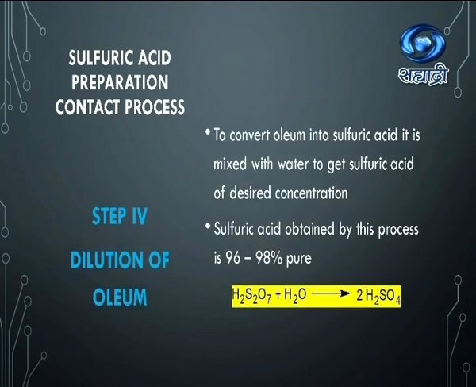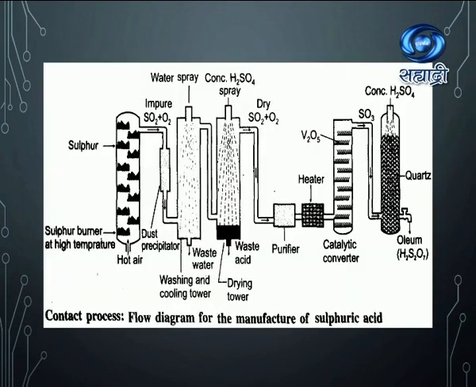And the last step is dilution of oleum. To convert oleum into sulfuric acid, it is mixed with water to get sulfuric acid of desired concentration. So sulfuric acid obtained by this process is 96 to 98% pure. So here is the equation, and now here is the summary, that is the flow diagram for the manufacture of sulfuric